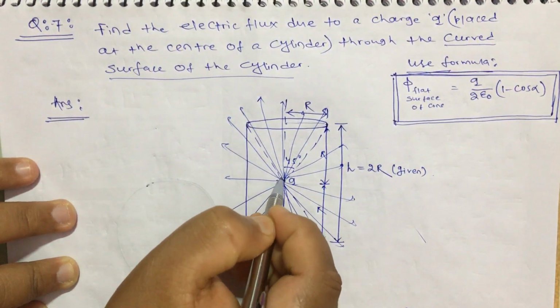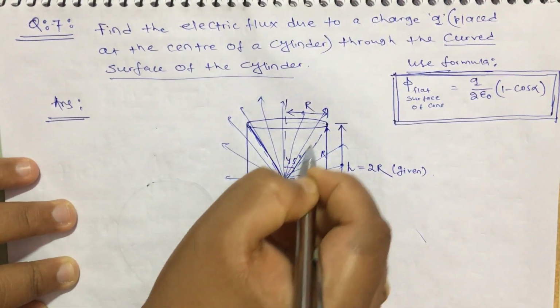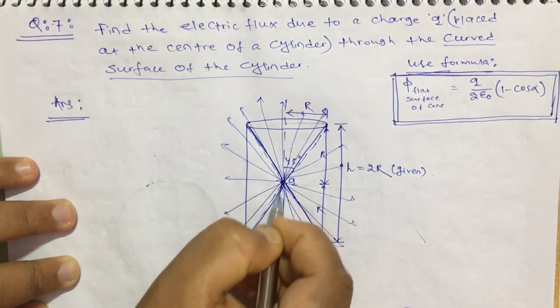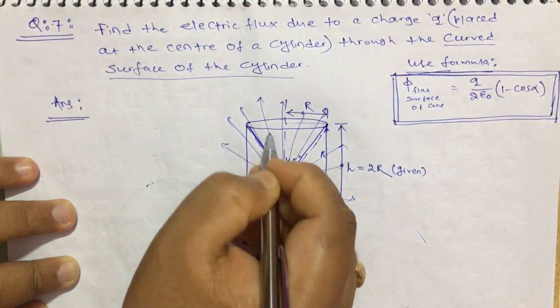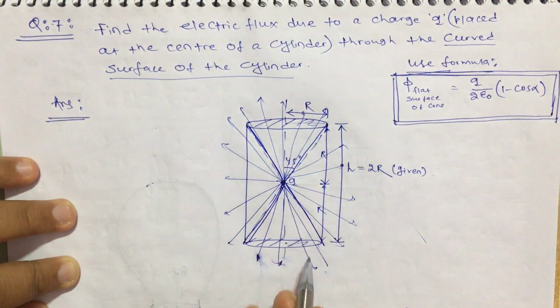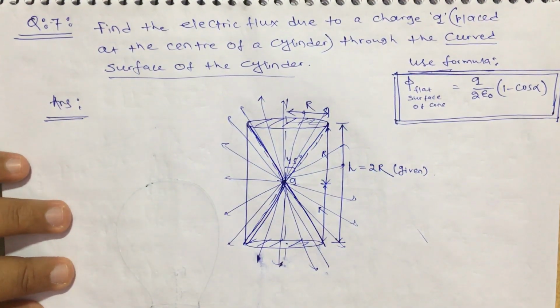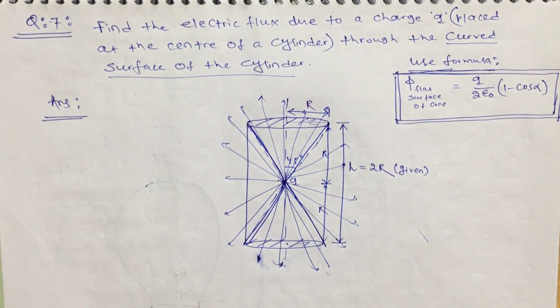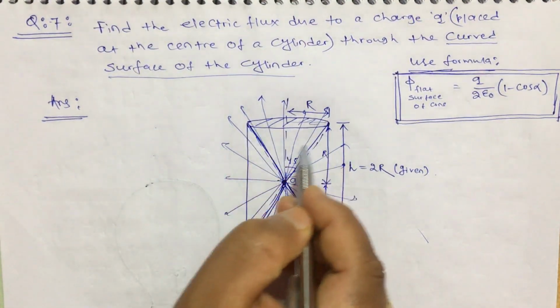But if we find the flux through this cone and the flux through this cone, and subtract these two fluxes passing through these two flat surfaces, passing through these cones means passing through these flat surfaces, then obviously the rest of the flux is passing through the circular surface. So what will be the flux through this surface?